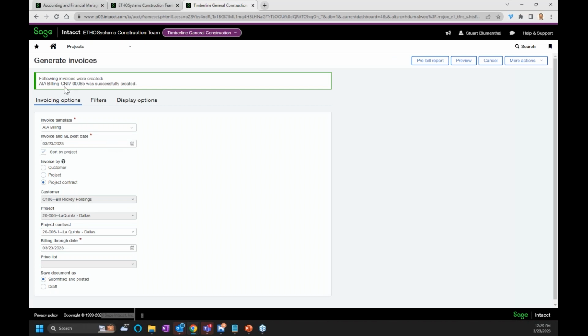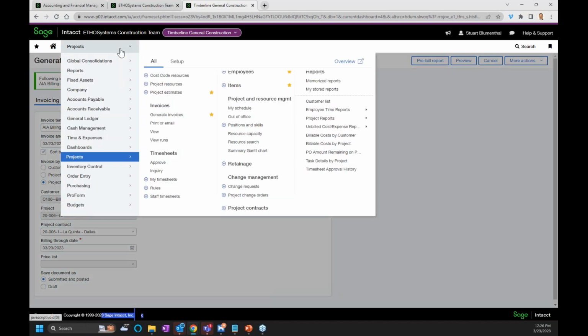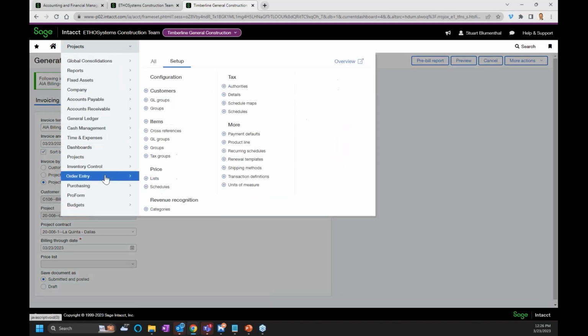AIA billing CNIV 65 was created at that point. So if I wanted to create another one, I can go through that process again, hit the preview, generate the invoice at that point. It's all good. So what I'm going to do now is go back to my order entry area,